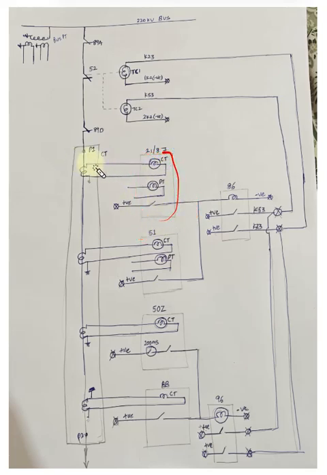Okay, so this is the secondary of the CT. The secondary of the CT is being extended to the current coil of the relay, and in the same way the PT is extended to the PT coil of the relay, and positive is continuously given to the output contact of the distance relay. Okay, so the relay continuously monitors the current and voltage, and when it detects a fault,